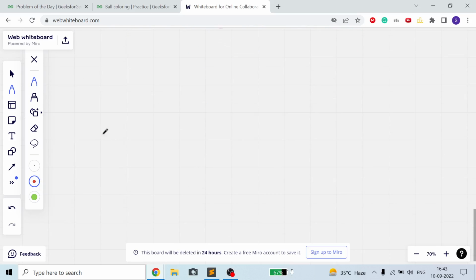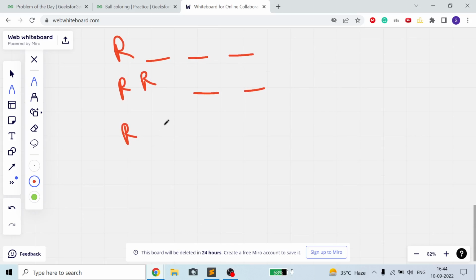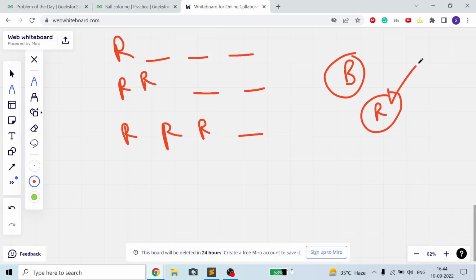Now what I want to do, for n is equal to 4, suppose we are starting from here: one red ball, all other three are blue balls. Now two red balls, the left two are blue balls. For this the answer is equal to 1. What I am basically doing is, I know I have to put some blue balls together and some red balls together. So first of all, I try to put red balls together, starting from each index, how many red balls I can put together. This is what I am basically doing.